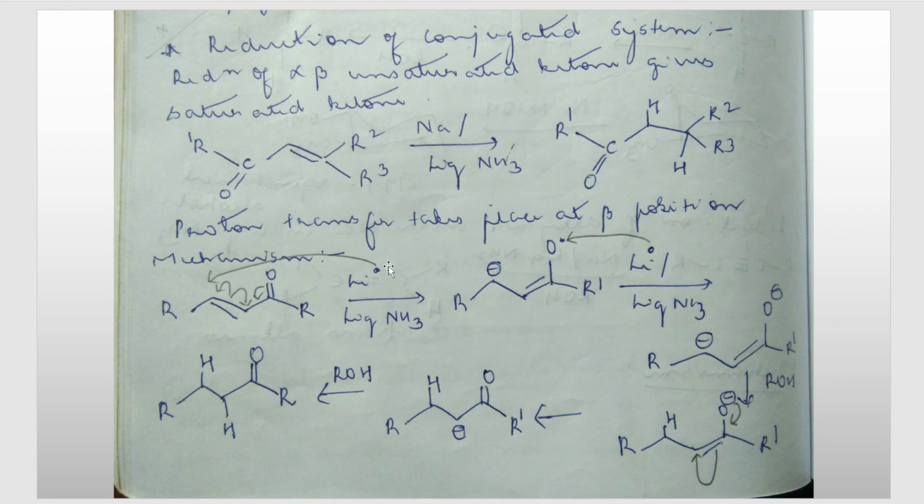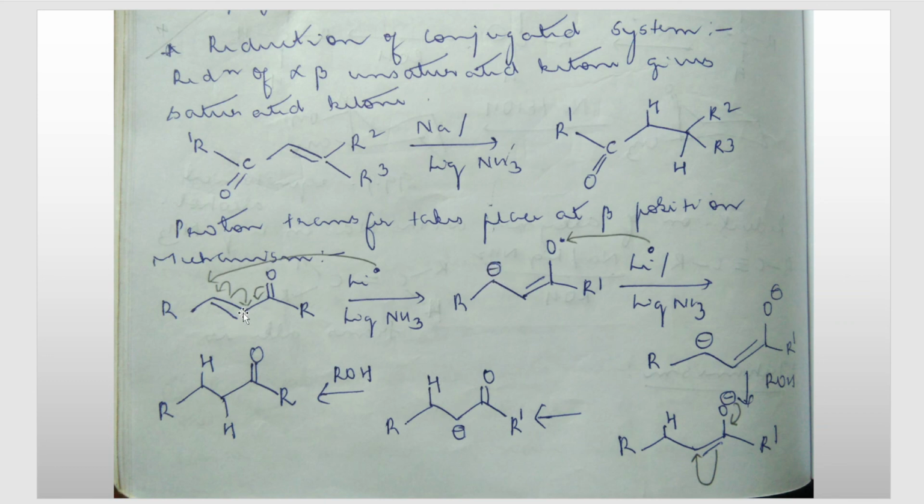Next, there is sodium, or you can also take lithium. It will give one electron to carbon number 2 here. So carbon number 2 already has one electron and takes up this one more electron given by lithium. So it will get a minus charge on itself because it will have two electrons. You can also show it as two electrons, or for convenience, you know that two electrons we represent by minus, correct? So you can also write it as minus.